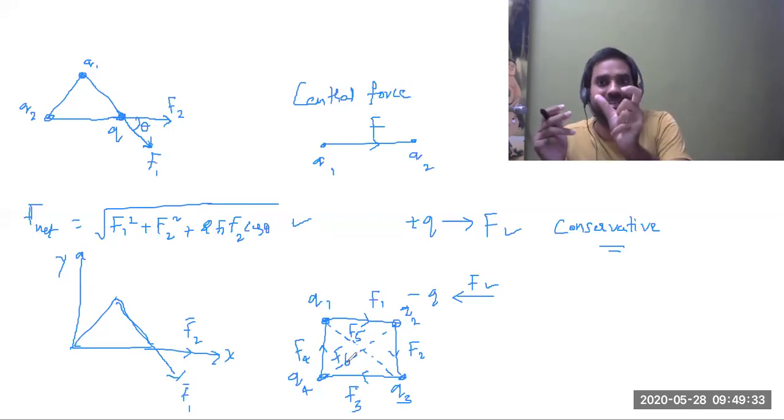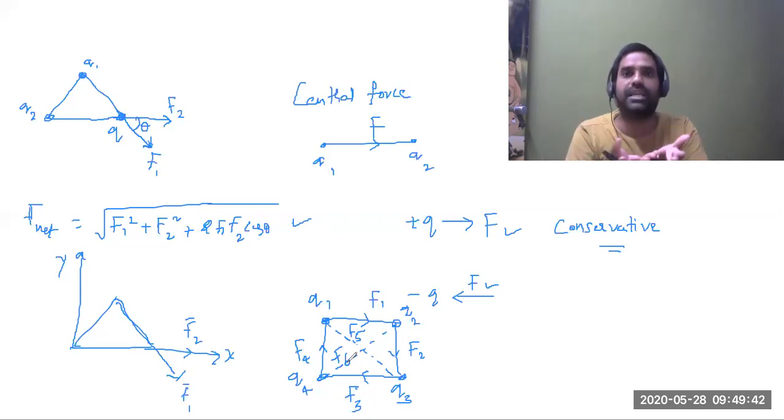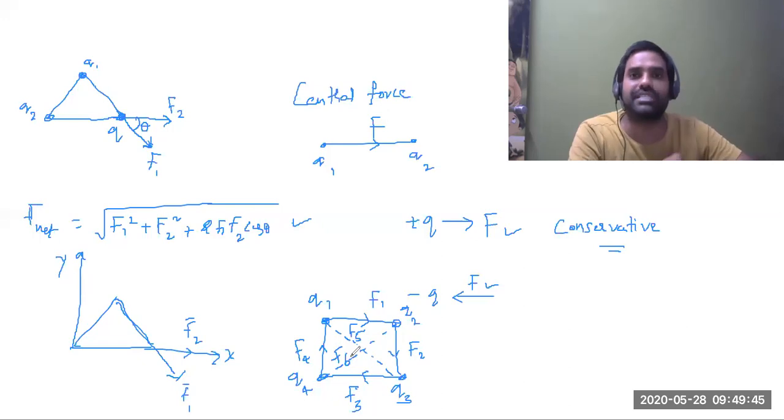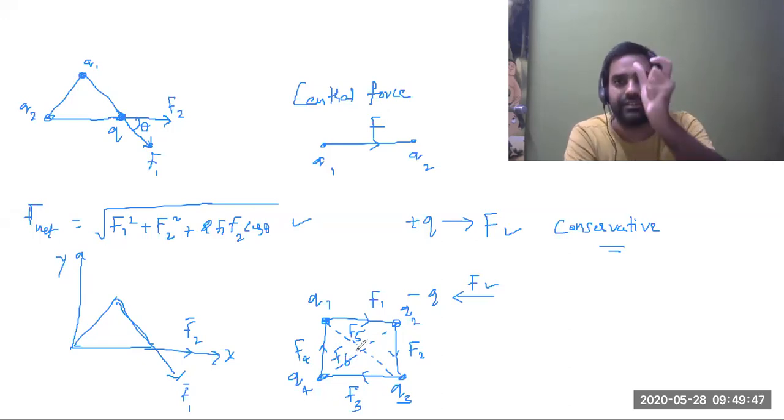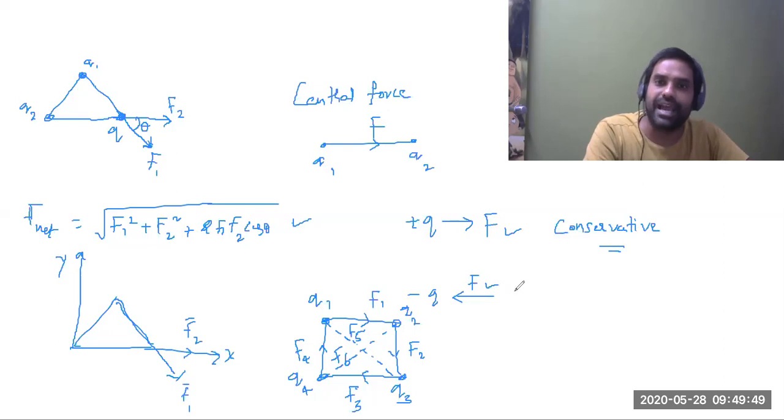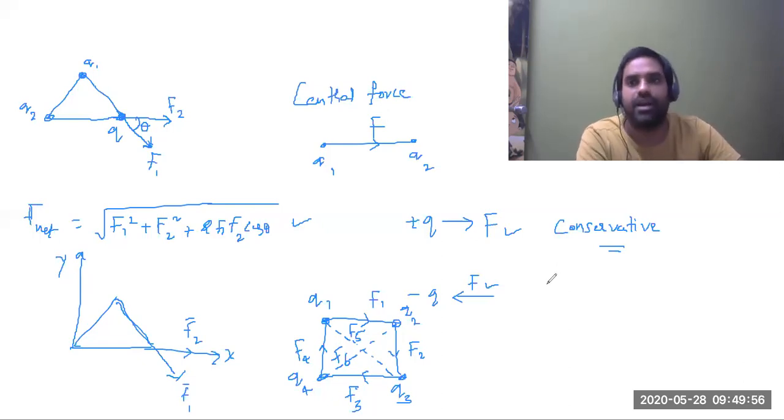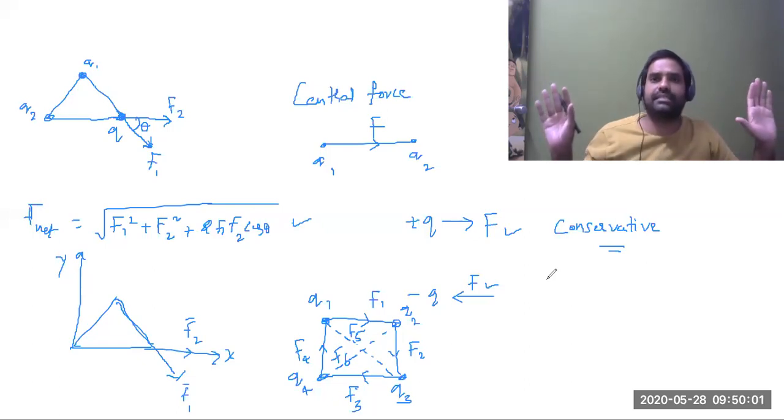All possible pairs, because Coulomb's force always acts between two charges. That's why two charges constitute one pair. So you take all possible pairs. Now the net force is equal to the vector addition of all these forces. Every time you can use F equals 1 by 4 pi epsilon naught Q1 Q2 by R squared for point charges, and all the rules related to vectors can be applied as they are.